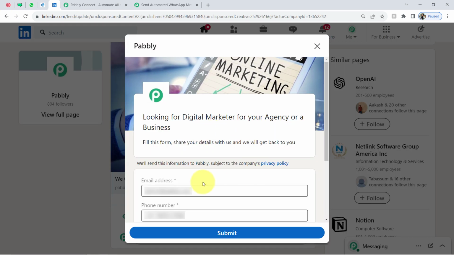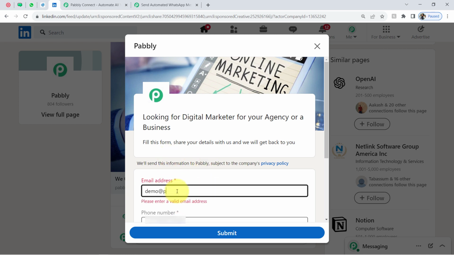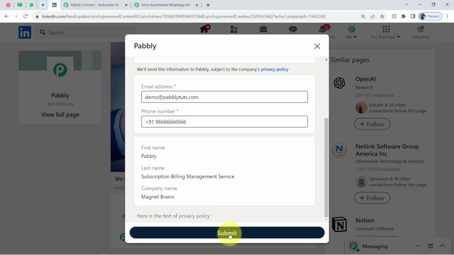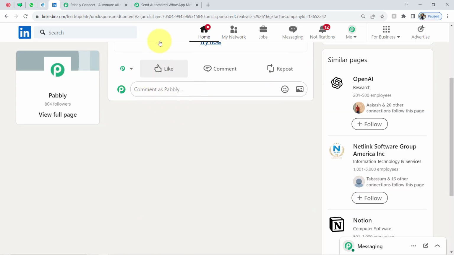Okay, so give me a second, let me open this form once again, and let me once again provide some dummy details, that is demo@pabblytudes.com, and this is going to be the phone number. Give me a second. All right, so I have added a 10-digit number. Finally I am going to submit this form with the same details, and once the form submission is done, I